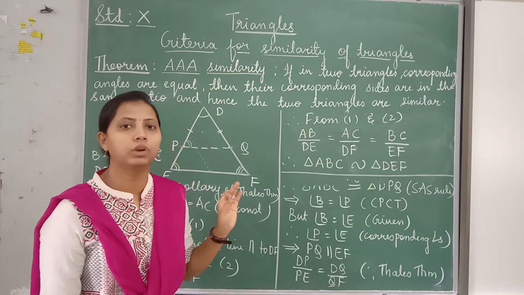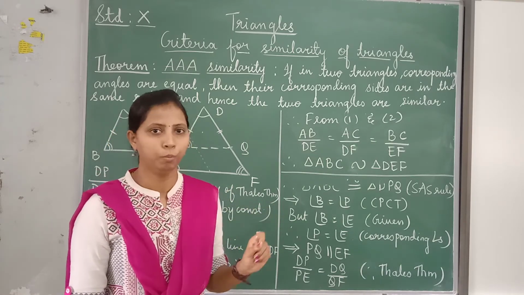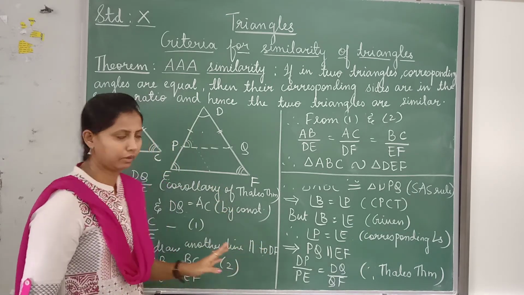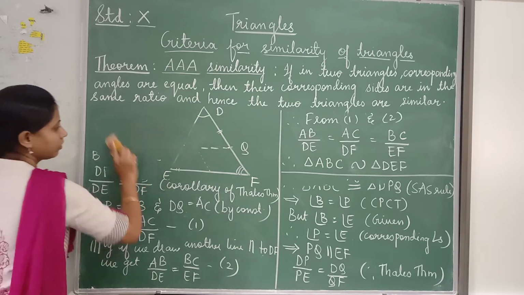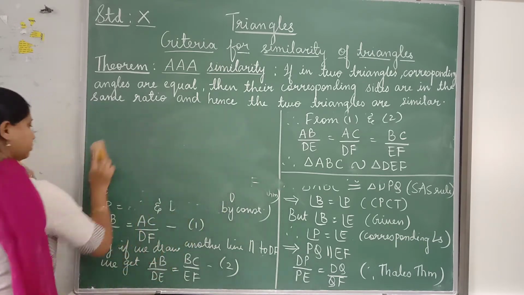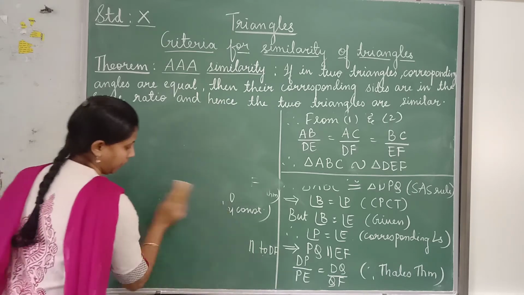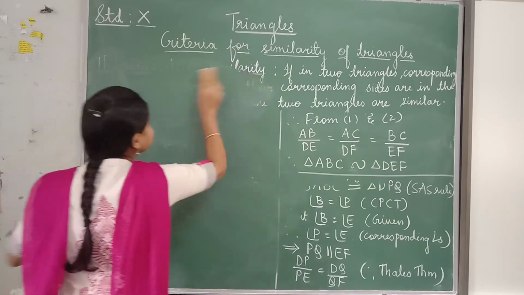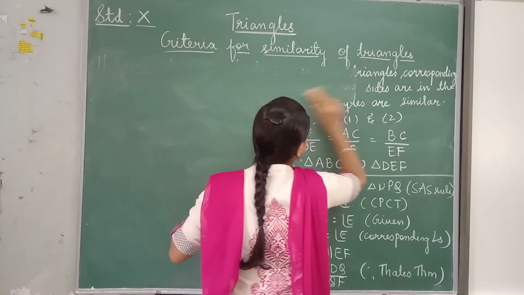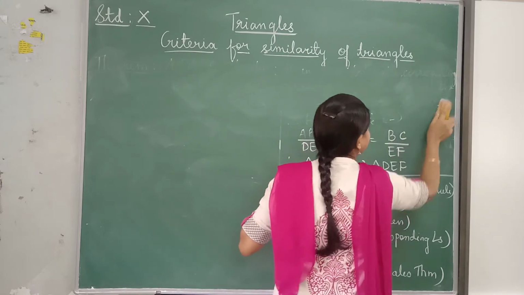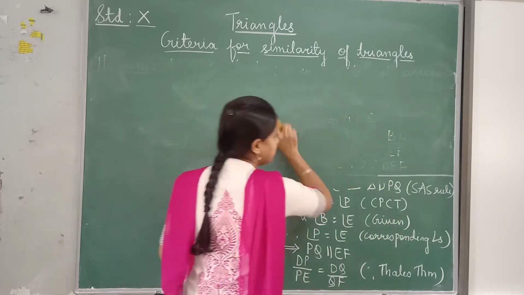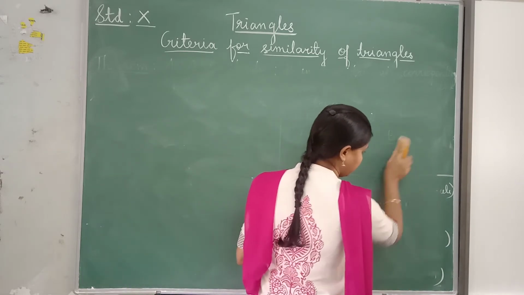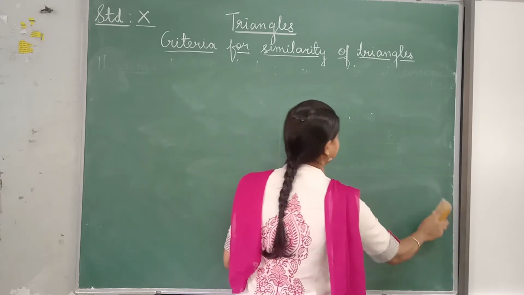Okay children, only this theorem you have to practice for proving. The remaining two I'll just explain to you; proof is not there. So you have to remember the statement, the figure, given, to prove, construction and proof. All these things you must be able to write and prove. Practice it. It is very important.